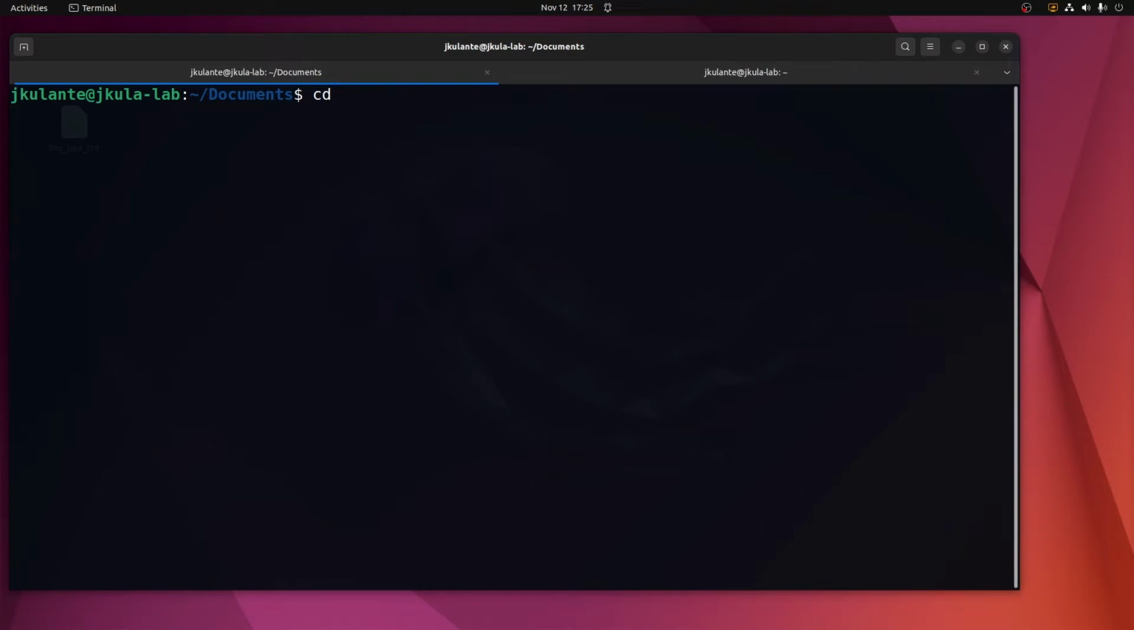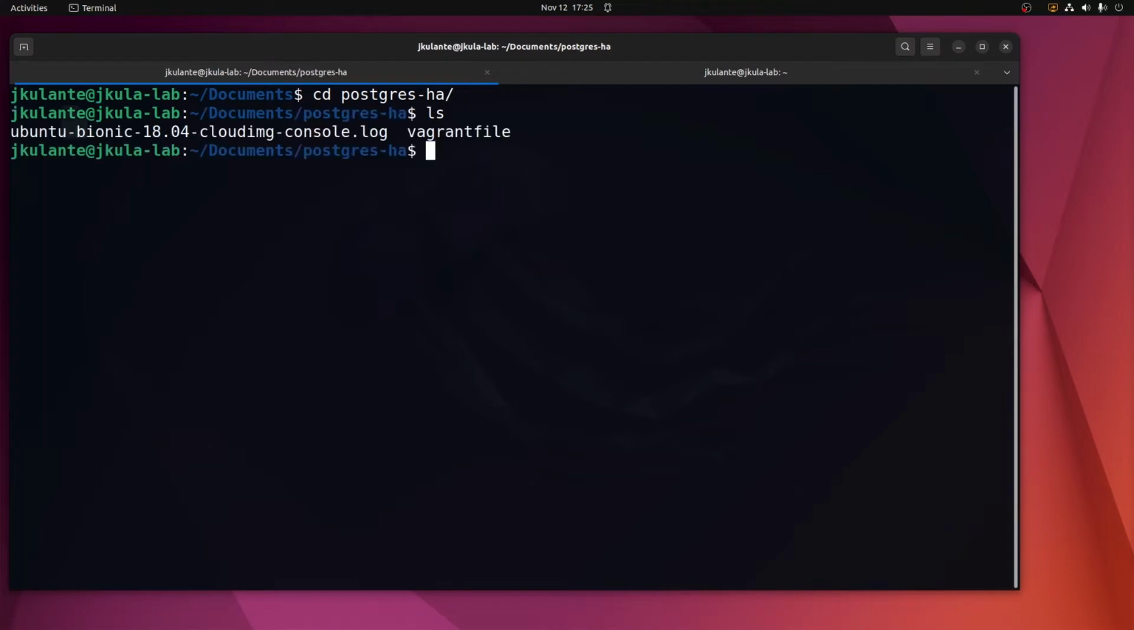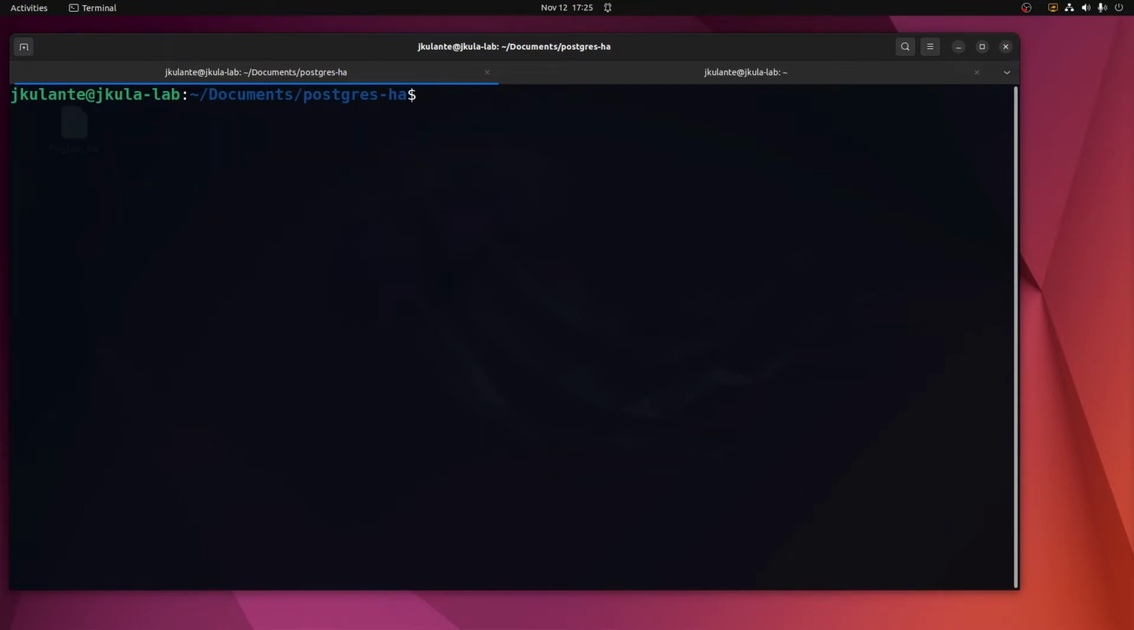Let's see where our Vagrant file is located. Postgres HA, and we need to launch our two virtual machines. To do that, we're going to use vagrant up. We can use vagrant up to launch those two virtual machines together, but I prefer launching one after another. So vagrant up